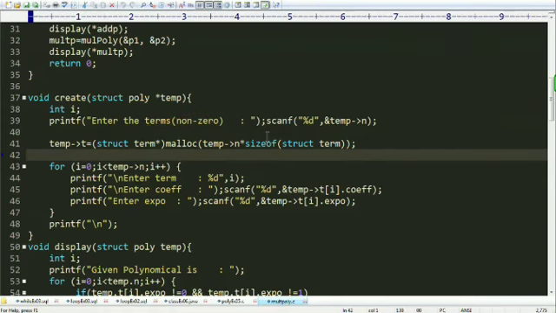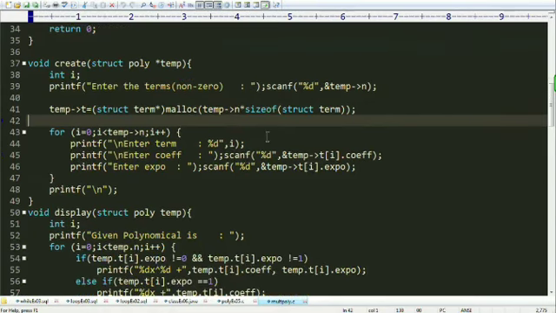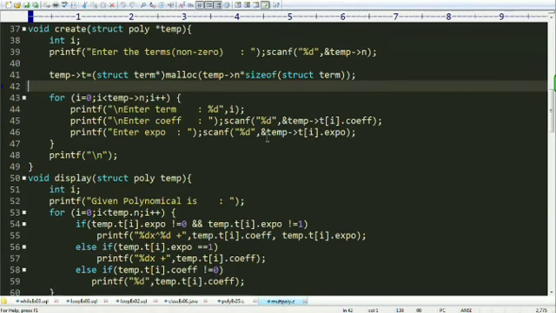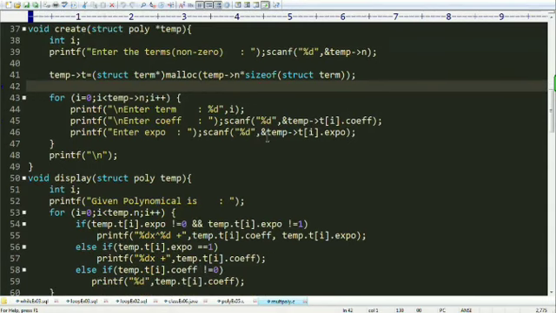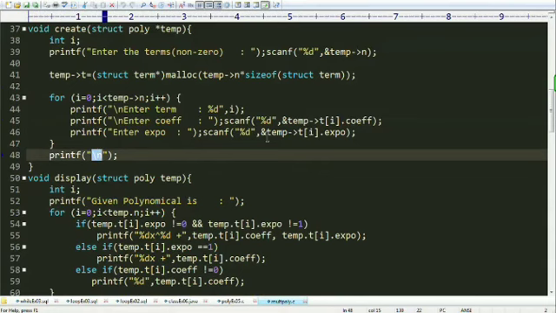After that I'm creating a for loop where I'm getting every term's exponent and coefficient from the user and putting them into the terms allocated by the malloc function. And after that I'm inserting a slash n or new line character.